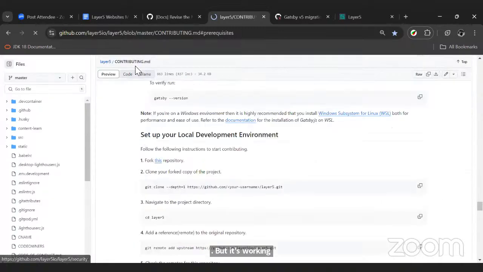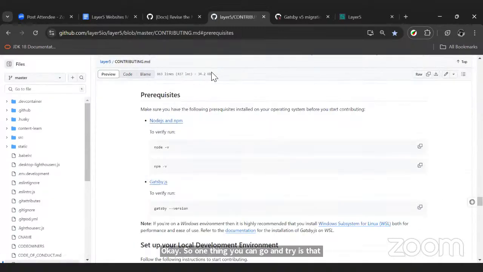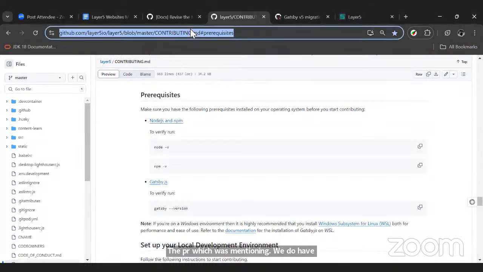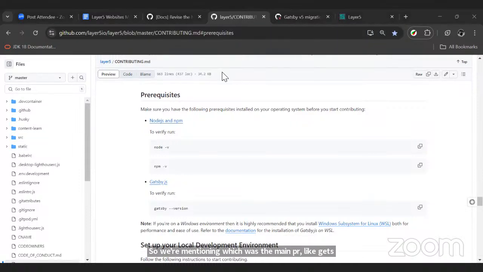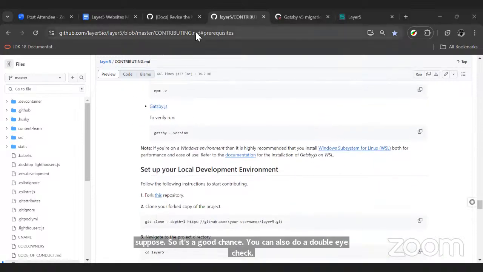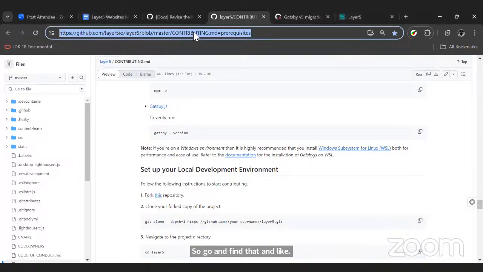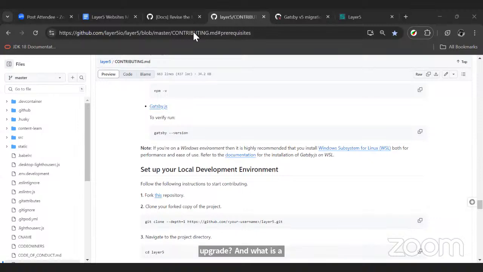Okay, so one thing you can go and try is the PR which Vivek was mentioning, the main PR, the Gatsby v5 upgrade. One thing you can contribute in that area is to go through that PR, check it out in your own branch, run it and see what issues you find. As Ashpaz has also done, it's a good chance for you to do a double check. Find what the build time was earlier, without this upgrade, and what the build time is right now,